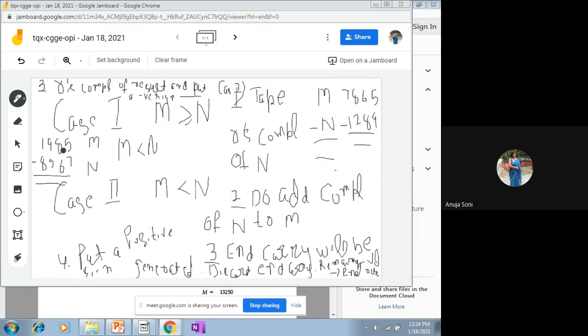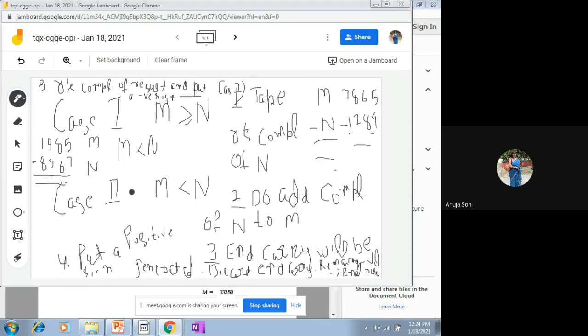Ultimately, whichever number is generated will definitely be a negative number, so that is already in the tens complement form. In order to get the original number, you have to take the tens complement of the final result and put a negative sign in front of it to get the final answer. So these will be the steps in case 1 as well as case 2.